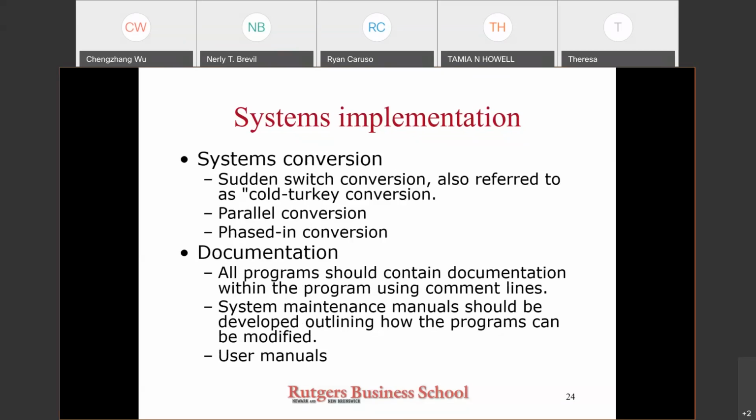Documentation. As with system design and development, all steps in the system implementation process should be documented. All programs should contain documentation within the program using comment lines. System maintenance,